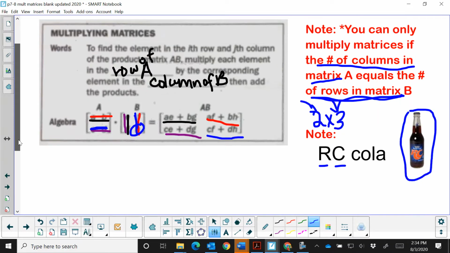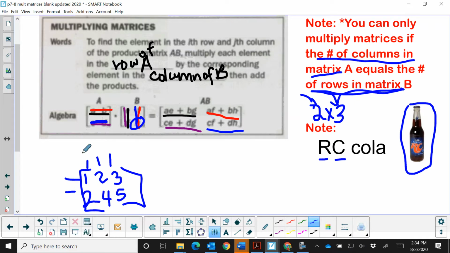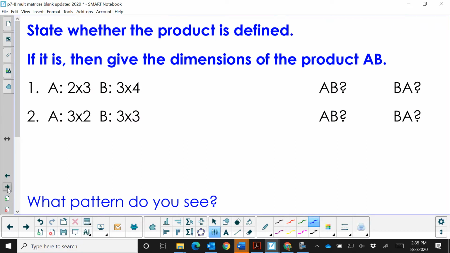So if I'm going to draw a 2 by 3 matrix, I've got 2 rows, 1, 2, by 3 columns, 1, 2, 3. So 3 columns and 2 rows, and it would look like this. And I'll just fill in 2 more numbers here, maybe 4 and 5. So that is a 2 row by 3 column matrix, just a reminder from the other day. Okay. So state whether the product is defined, and if it is, then give the dimensions of the product of AB,